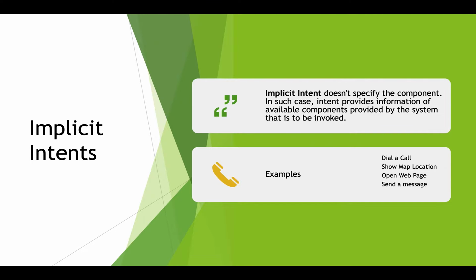If you want to call something, you need a permission from your phone initially. You should know by this time where we give those user permissions: in the manifest file. Now, if you want to open a web page, what do you need to do? You need to take care of the action, the action view. And if you want to send a message or an email, permissions are also required.